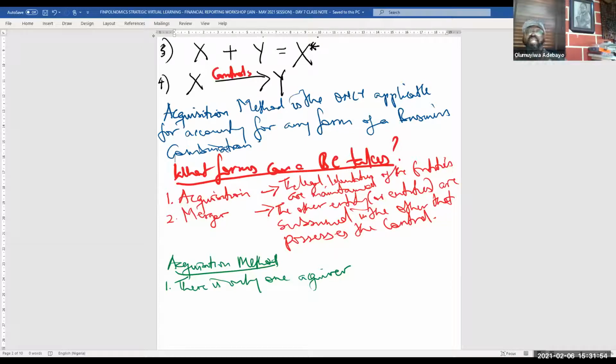Which then speaks to the fact that let us pick each of the strategies we've used for business combination. For acquisition, the two entities involved were NIPCO and Mobile Nigeria PLC. Between the two of them, there must only be one acquirer. And in that case, who is the acquirer and why? Mr. Ludi Aboti.